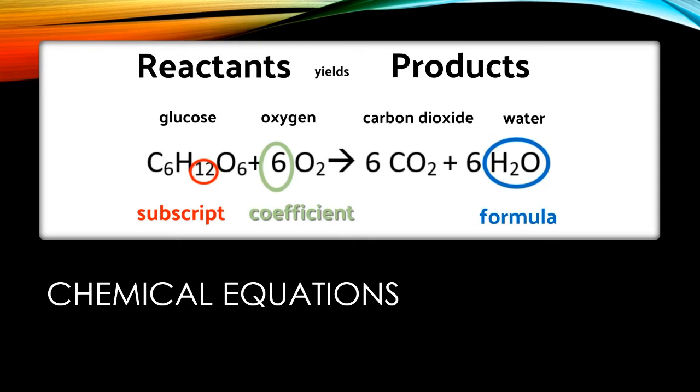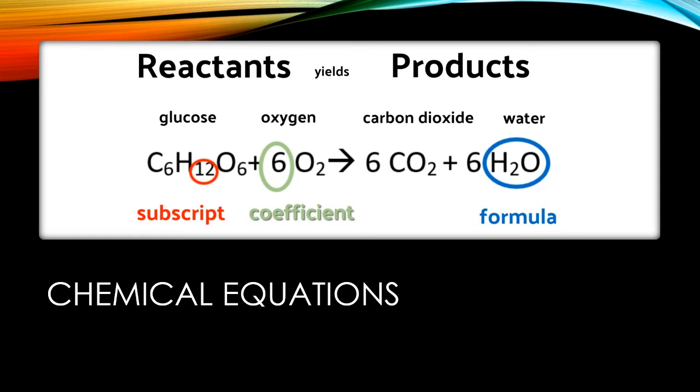We have reactants. Those are the things that are going to react together. They're going to form products. In this case, my reactants are glucose and oxygen, and they react together to form carbon dioxide and water. Now notice that the molecules have subscripts. So if I'm looking at glucose, there are 6 carbon atoms, 12 hydrogen atoms, and 6 oxygen atoms inside a